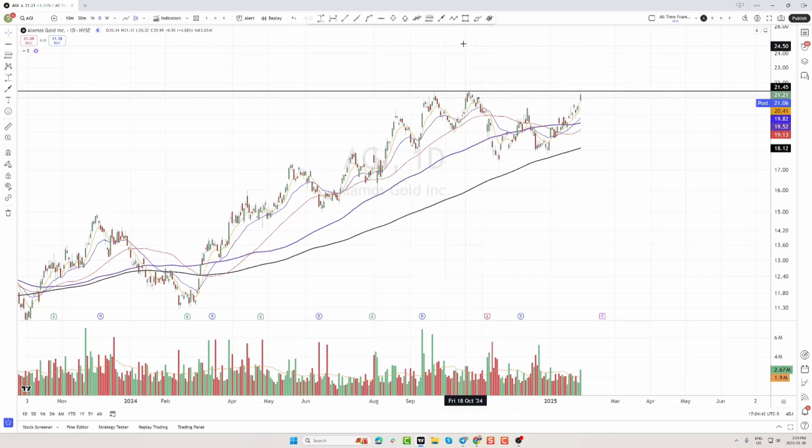So I think AGI could be actionable here with a break and a close above 21.45. If this can get above that clear level of resistance from back here in October and back here in September, then I think that momentum has a possibility, at least a probability, to continue. So I'd look for a move above that level and a close above coming on volume for this momentum to